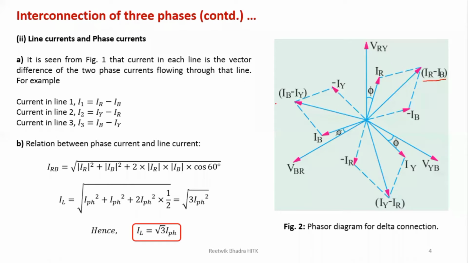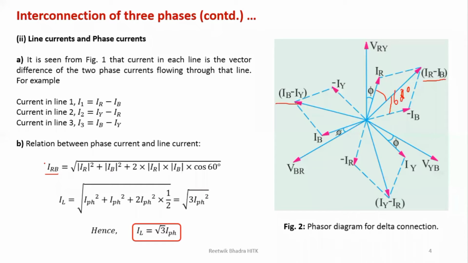So these are your phase voltage, these are your line voltage. Take any one, take IR minus IB, that is your IRB. So I have taken IRB over here. What do I do? Square root of parallelogram law. So IR square plus IB square, taking the magnitude, plus 2 IR IB into cos of the angle. This small angle is 30 degrees, so the total angle is 60 degrees, 30 plus 30. So cos 60 is half.